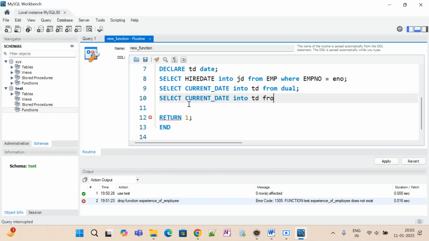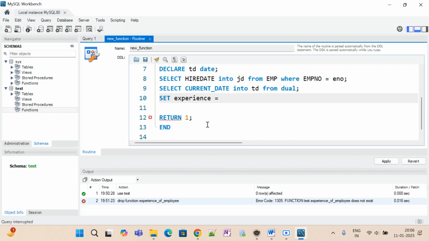Okay, from dual. There is no need to write it once again, because I am already using the TD variable. So set experience: I have to use the set keyword, right? Set experience is equal to